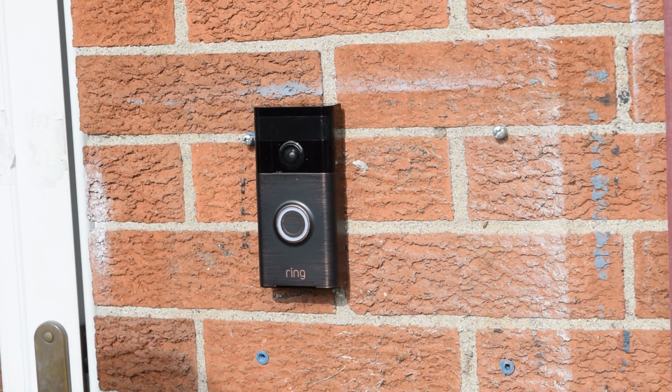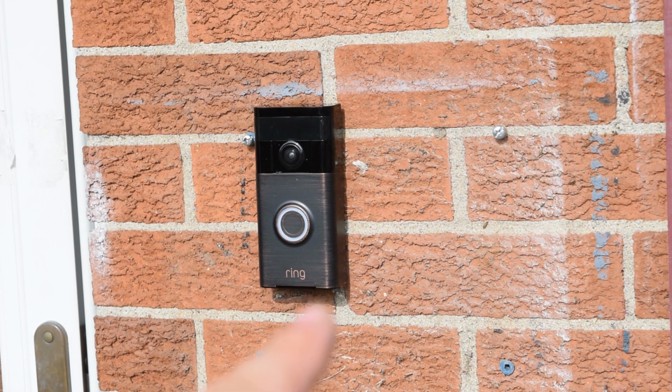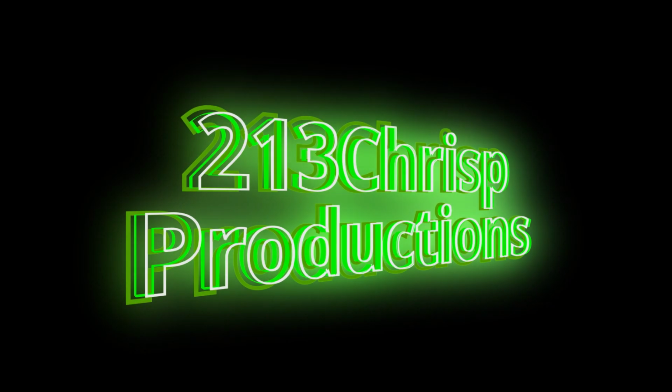I did drill through the brick on those, or so I think somebody else did actually. I'm not a fan of drilling into brick. That's just my personal preference. So